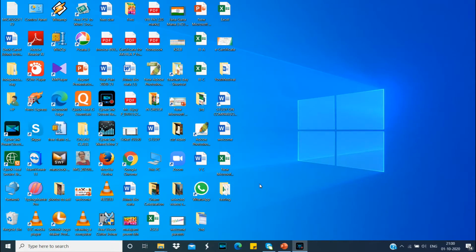Here I am trying to move the icon of This PC. For that, first keep the pointer on the particular icon that you want to move. Then press and hold down the left mouse button while you move the icon to the new place. This process is called dragging. Whenever you reach the new position where you want to keep it, what do you have to do? Release the mouse button. Then the selected icon will be in the new position. Like this, by dragging the icons, we can move the icons from one place to another.